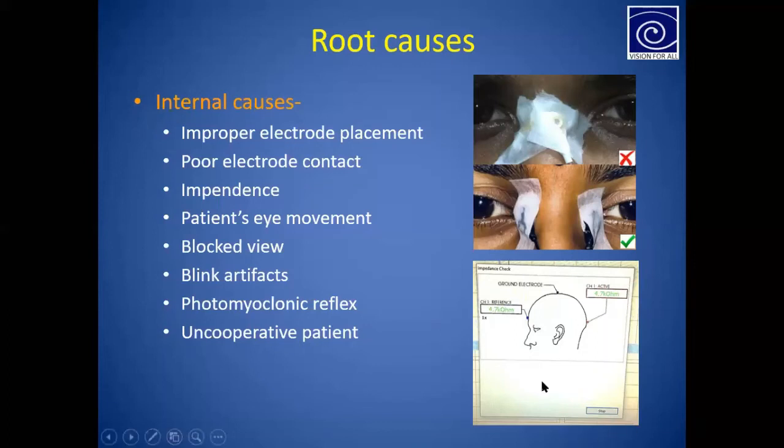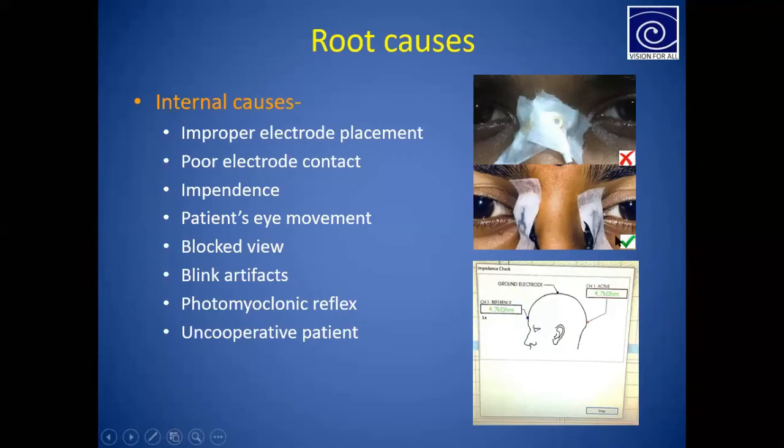And we should not reverse the electrodes, like putting the negative instead of the positive electrode, or the positive instead of the negative. In that case we will get a totally reversed response. We also have to see that we do not place two electrodes so closely that they touch each other, as it will also give a severe artifact. So we should keep some distance between two electrodes.